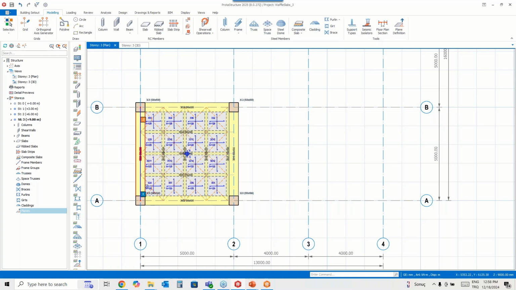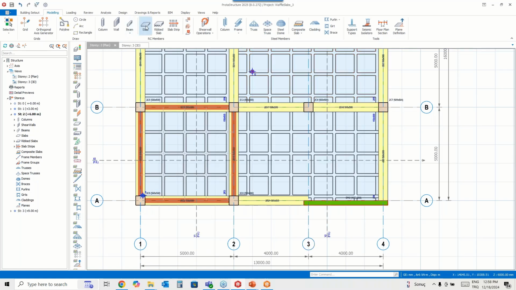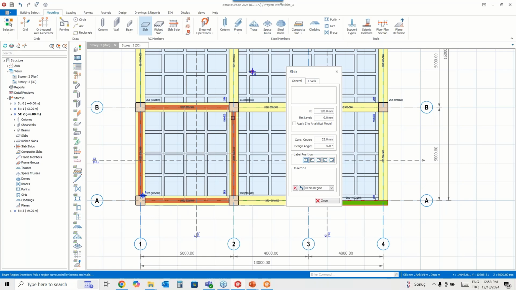You can delete part of these beams and insert a single slab into these regions. But if you are talking about a cantilever, you can also insert a type 12, and you can specify the cantilever length.